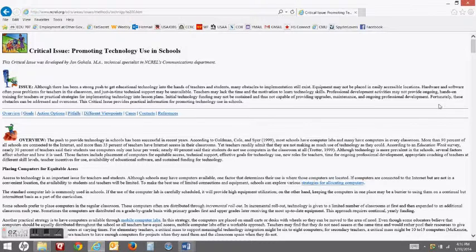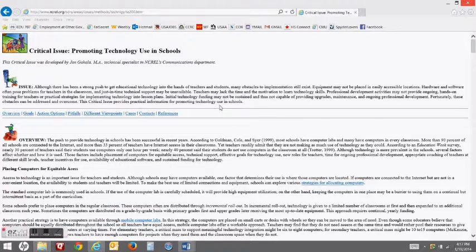Equipment may not be placed in easily accessible locations. Hardware and software. Okay, now this one is professional development activities may not provide ongoing hands-on training for teachers or practical strategies for adding technology into lesson plans. Initial technology funding may not be sustained.